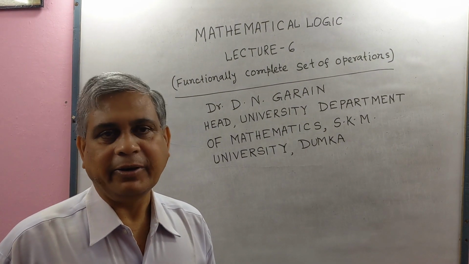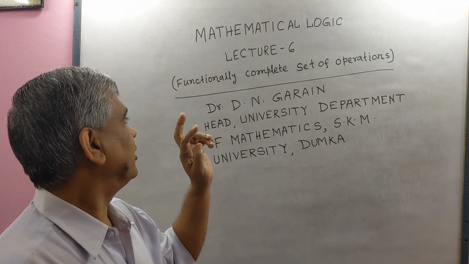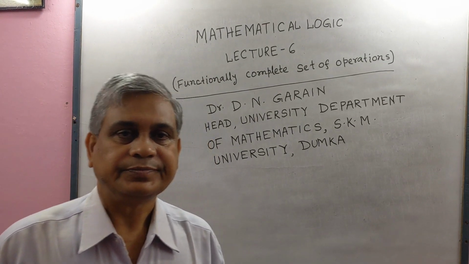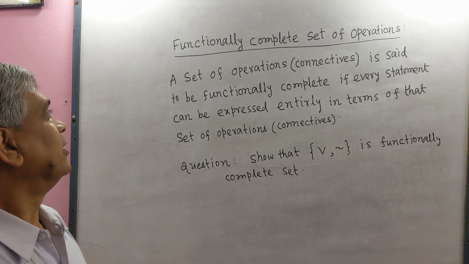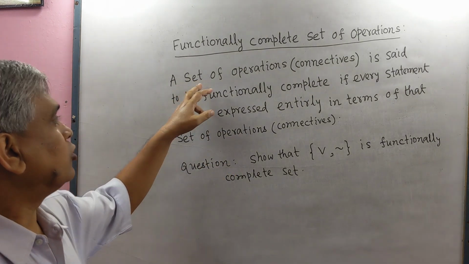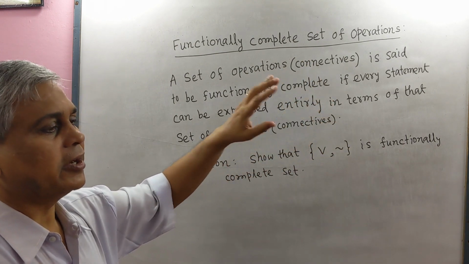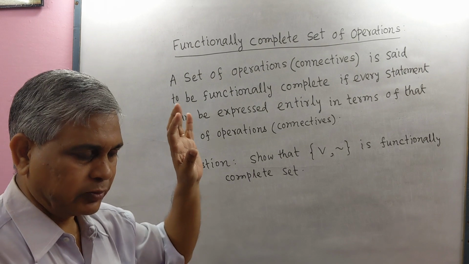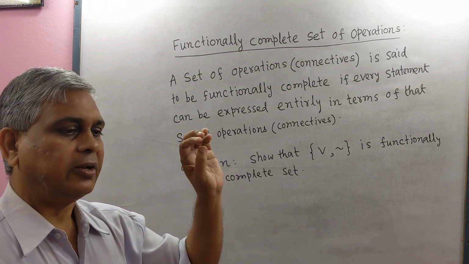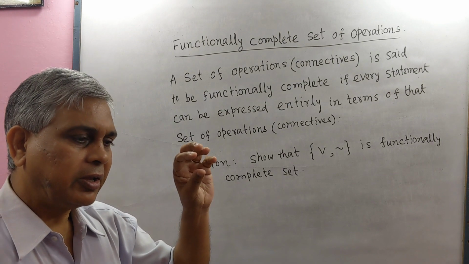Today I will deliver lecture on mathematical logic, lecture number 6, which will include the functionally complete set of operations. Now we shall define functionally complete set of operations. A set of operations means a set of connectives. Connectives are, for example, conjunction, disjunction, implication, double implication, negation, in which a few